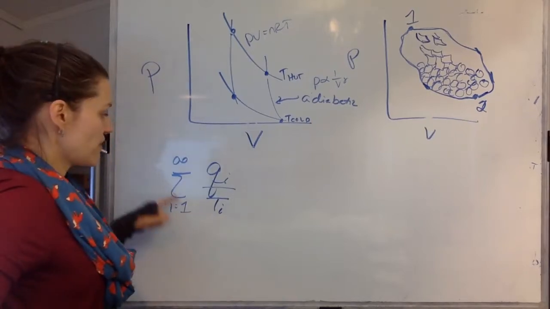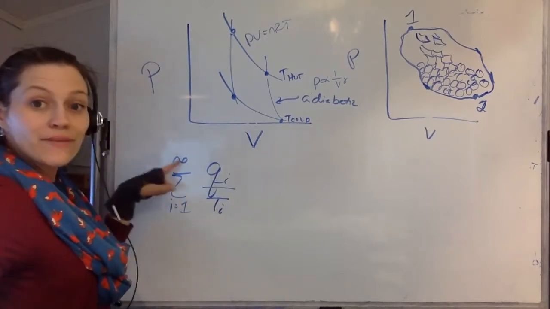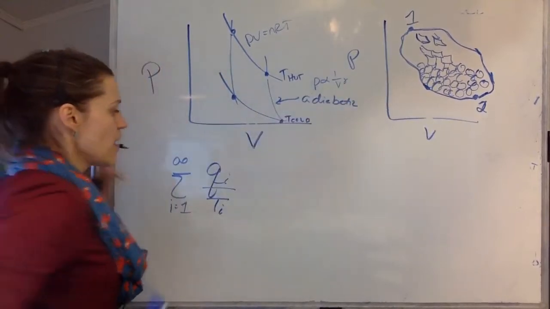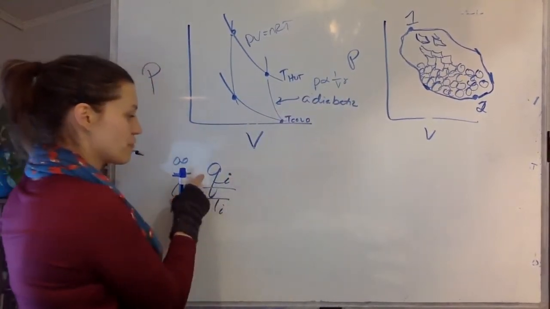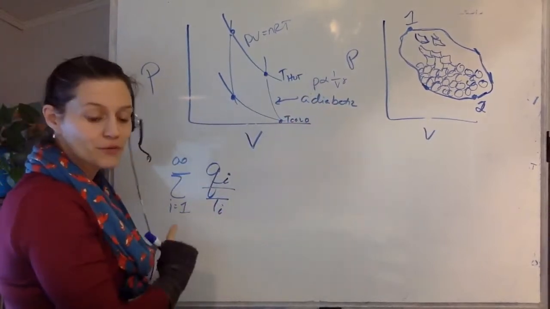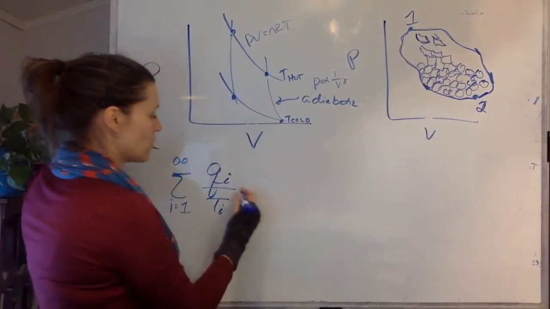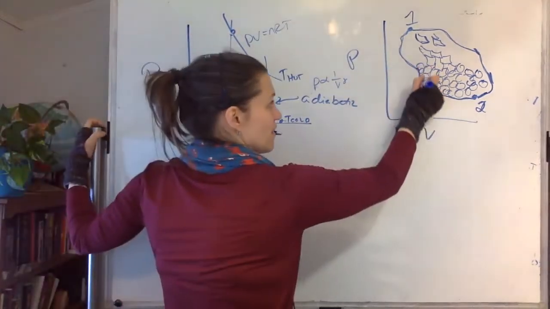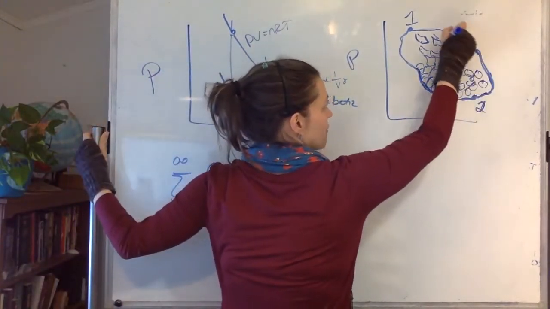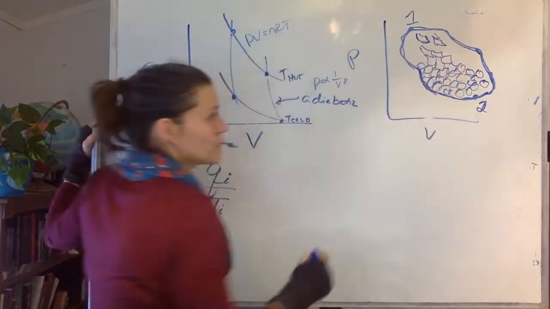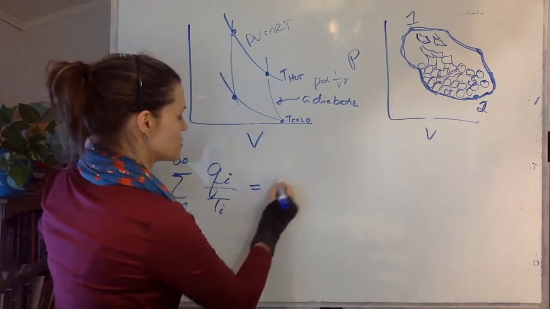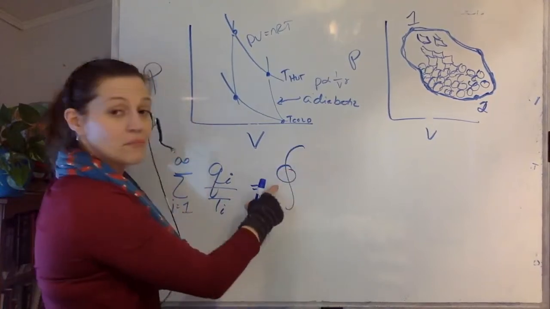Now if I'm adding an infinite number of Carnot cycles around, and I'm looking at the heat I get from each portion of the cycle divided by the temperature of that isotherm, then that really gives me the heat associated with this path. So if I now have the heat associated with the path, that's essentially equal to the path integral